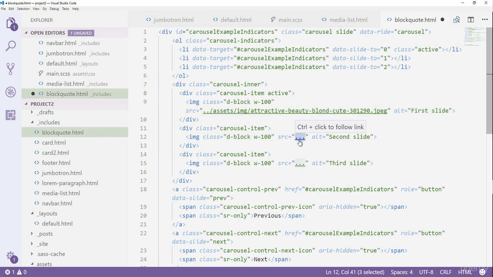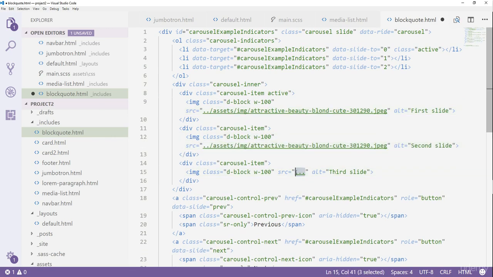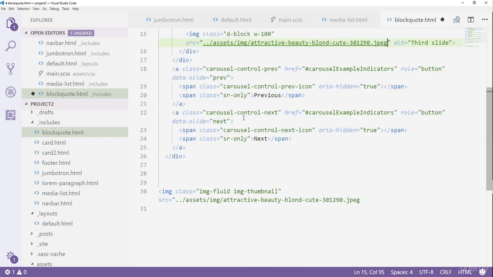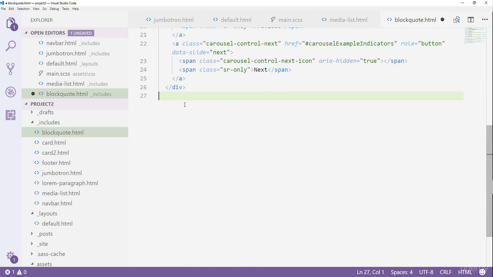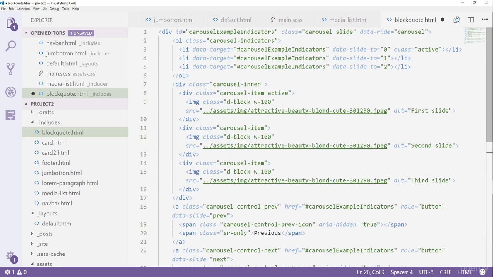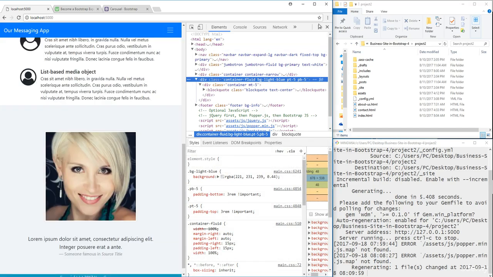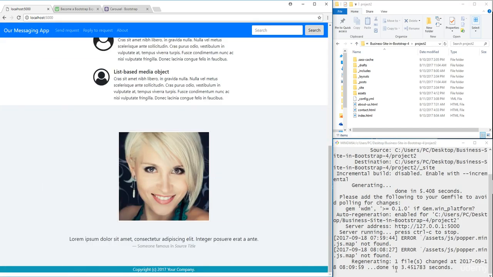So we're going to have the same image repeating on all slides, but since we are going to have indicators, that shouldn't be a problem. We're actually going to be able to see what image we're on, whether it's number 1, number 2, or number 3. So now I'm going to go File, Save All, and back in here I think it's regenerated, so let's